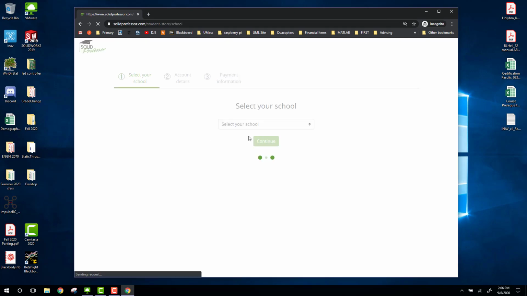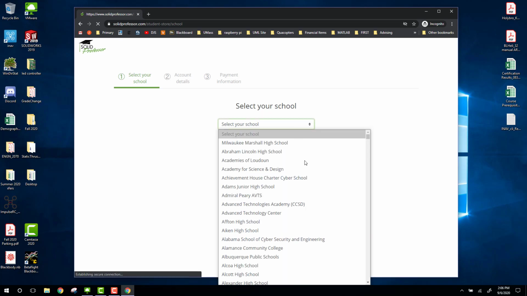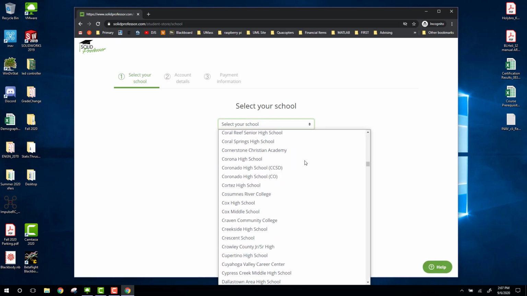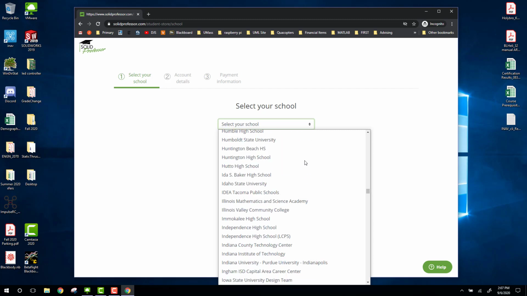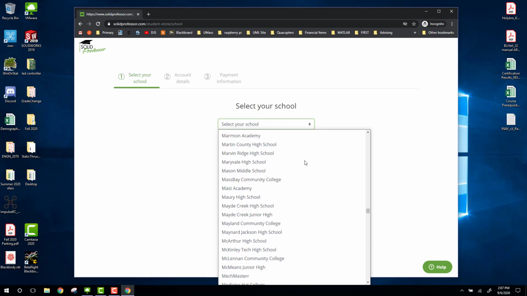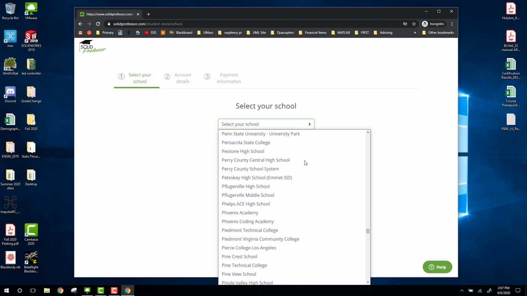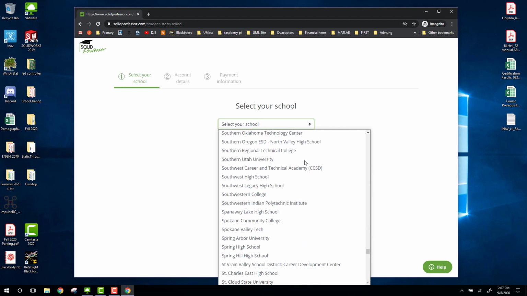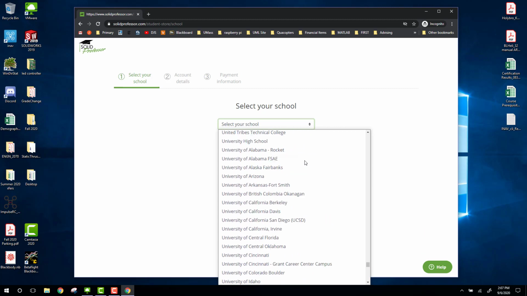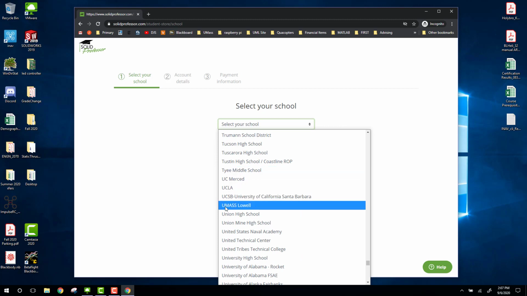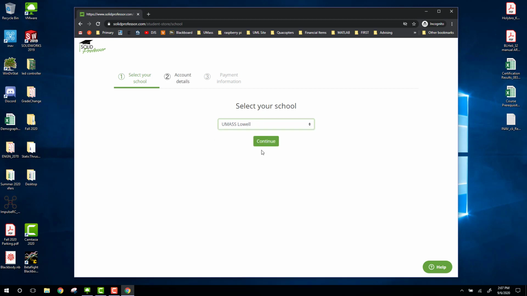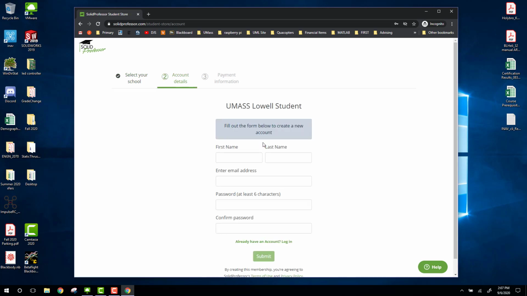So you're going to have to select your school. Obviously it's UMass, but sometimes students have a problem finding it because it's going to be capital UM, so it's right at the top of the U's. If you scroll all the way down, we will get to UMass Lowell. So UMass all in caps, you select that, go to continue, fill out your name,